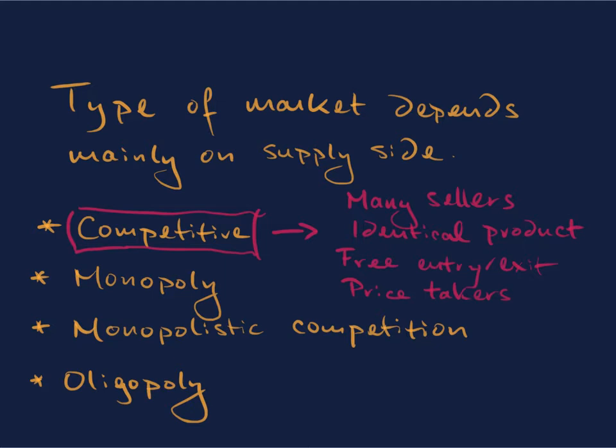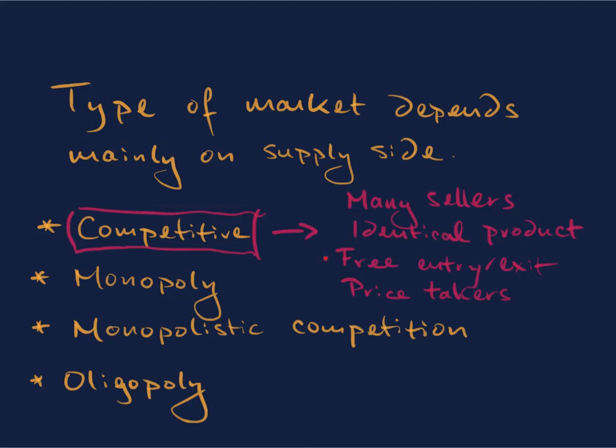On the flip side, there's no reason why one gas station would want to lower its price any lower than its competitors. As long as it has plenty of customers coming and it can sell all the product it has, it isn't going to want to reduce the price because that just cuts into the profits. Okay, so competitive market, again, many sellers of an identical product. That implies that every firm will be a price taker.